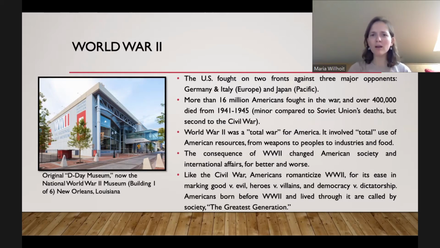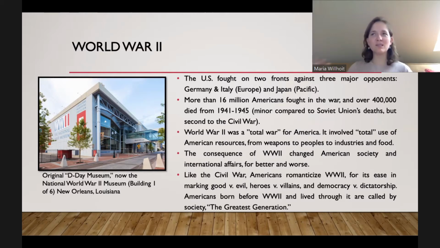Roosevelt, a lot of people criticize him for not acting soon enough and for not helping Jewish refugees. But at the same time, he was dealing with a Congress and an American society, to be quite frank, that was very anti-Semitic, and that also didn't want to increase immigration. At this time, America didn't want more immigrants. It was trying to deal with the war. It didn't want to bring in new people, foreigners who may or may not act on behalf of America's interests. So he had to deal with a domestic side that wasn't really wanting to help a lot of Jews. But he did know about it.